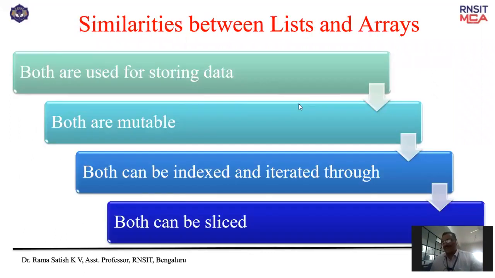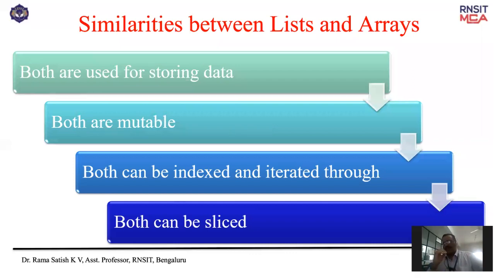Right. Next, similarities between lists and arrays. Both are used for storing data. Both are mutable. Mutable in the sense that even after creating and storing, you can alter that array or the list. Both can be indexed. We have created a single index, double index, triple index.